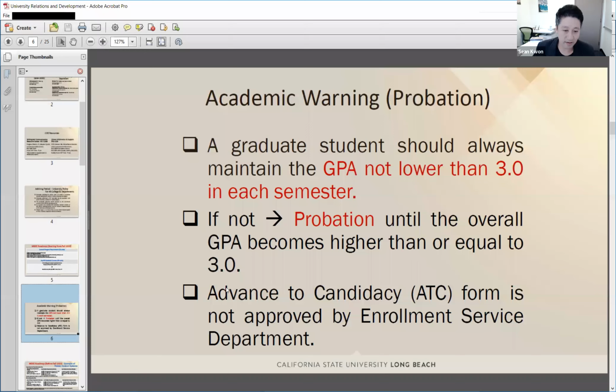So I would like to emphasize the importance of your academic endeavor to avoid the situation of academic warning or probation. Any questions about academic warning?